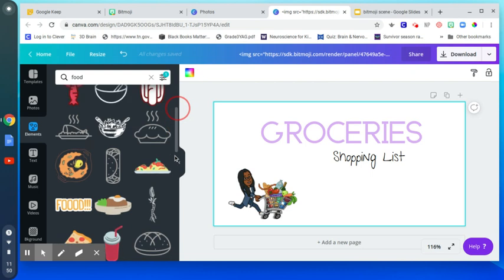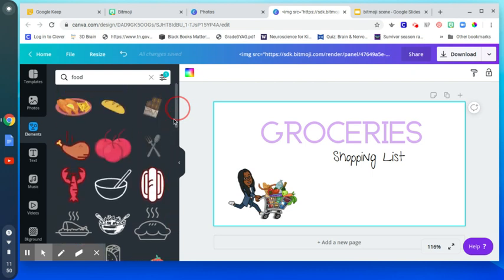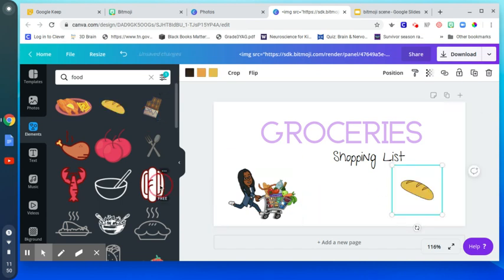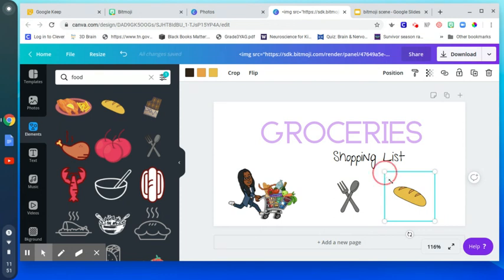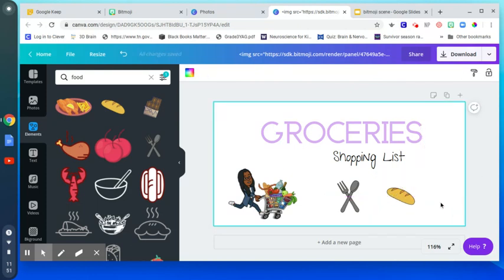So maybe I want to put some bread on here, and maybe a fork and a knife. So you can put whatever you want on here, and then of course I want them to be the same height and things like that. And see that line that lets you know it's kind of the same thing. So let's say we're happy with that, and I'll name it Google Keep